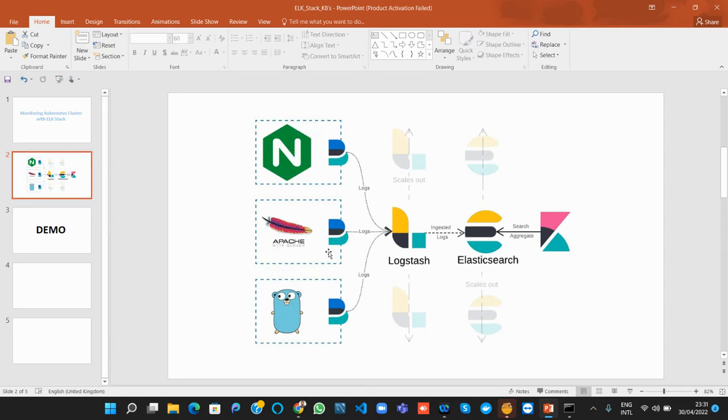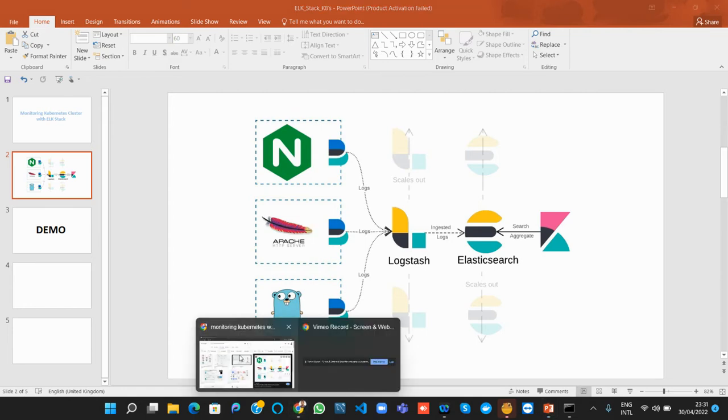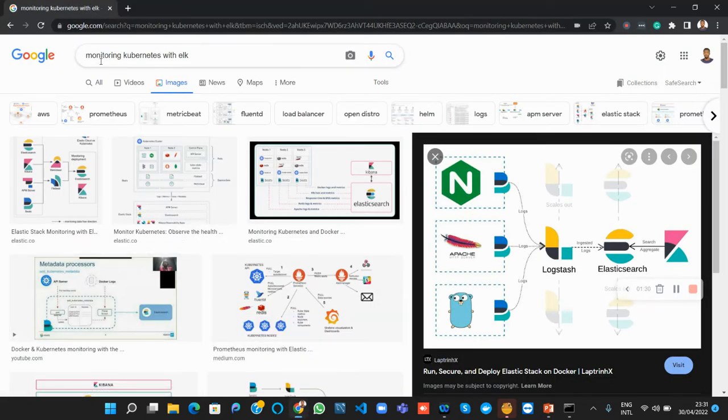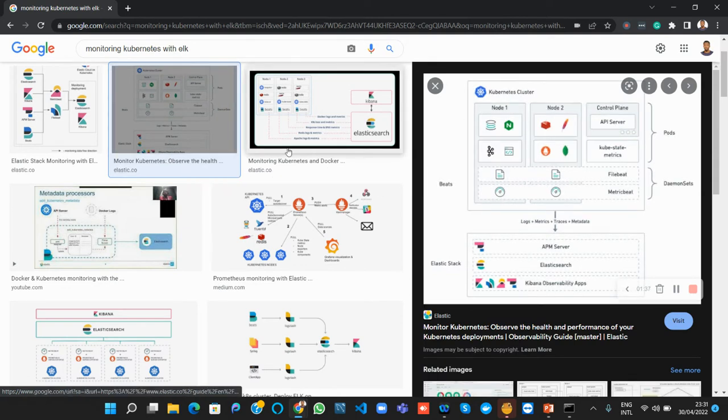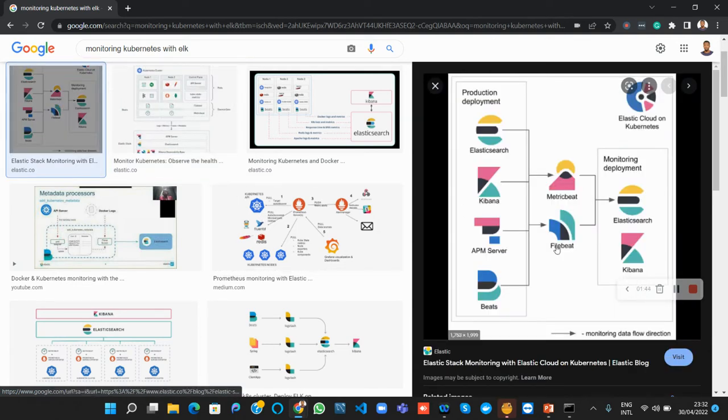We have a lot of different diagrams on the internet about ELK, Elasticsearch. If we go on Google now and search for monitoring Kubernetes with ELK, you see a lot of diagrams, so many diagrams, all trying to explain the ELK stack. Okay, if I look at this, we have